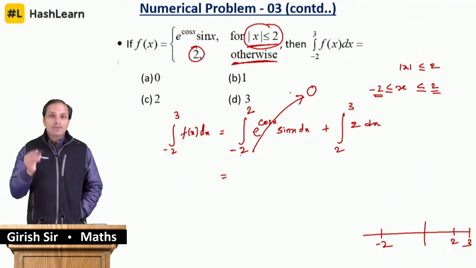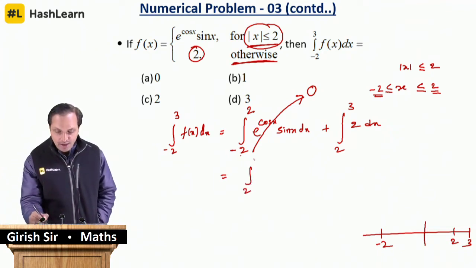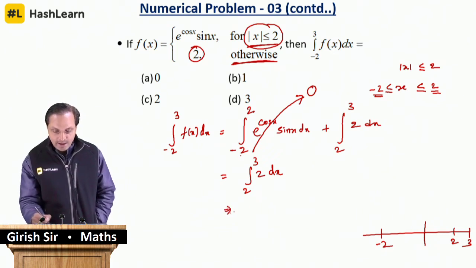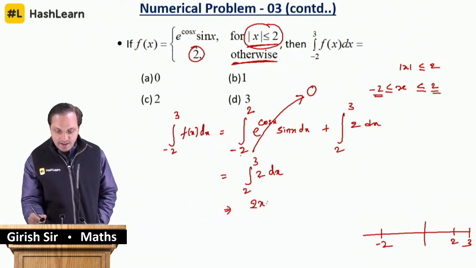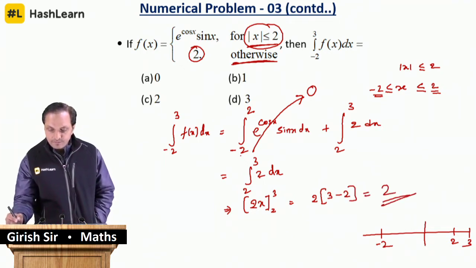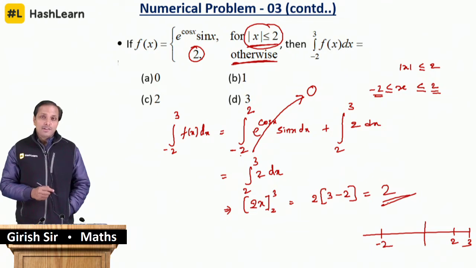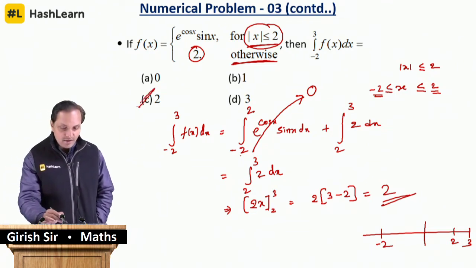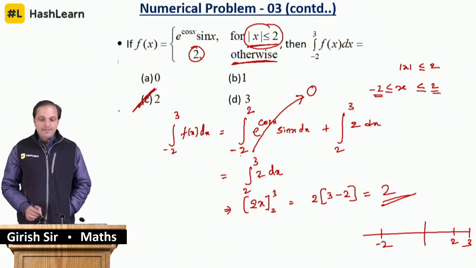So we are left with only the part 2 to 3 of 2 dx. Integration of 2 is 2x, put the limit 2 to 3, you will get 2 into upper limit 3 minus lower limit 2, 3 minus 2 is 1, 1 into 2 is 2. 2 is in option C,